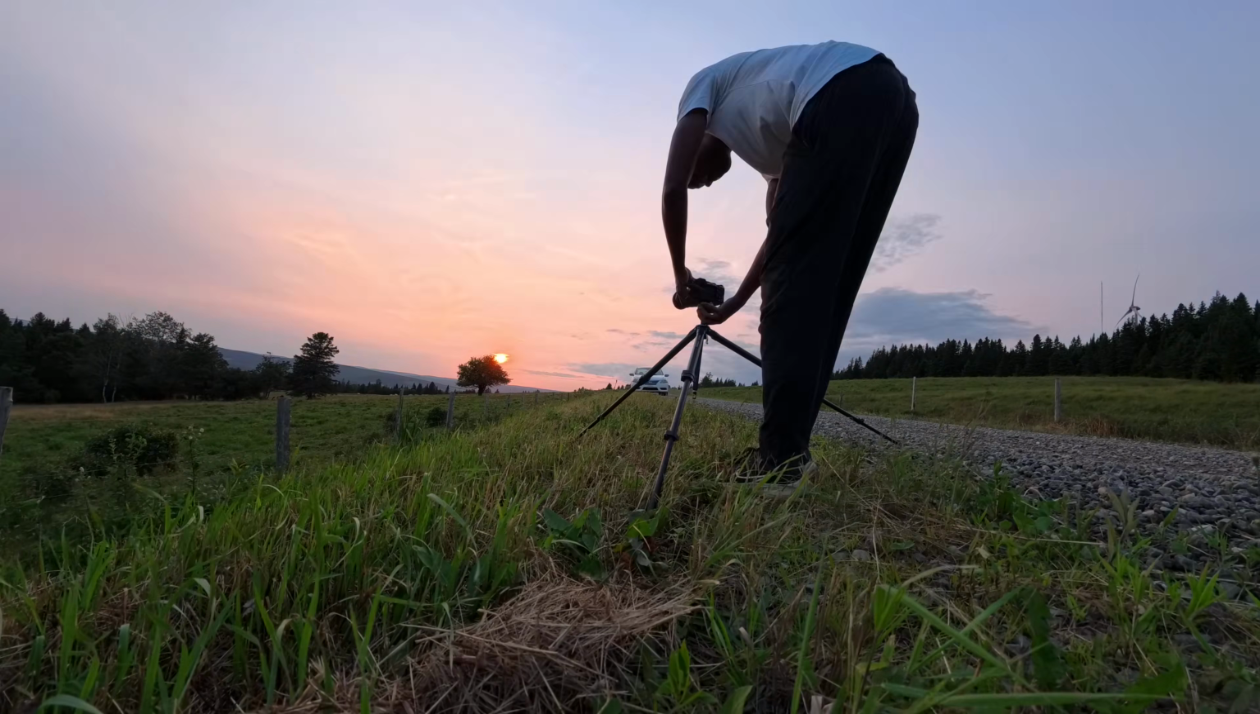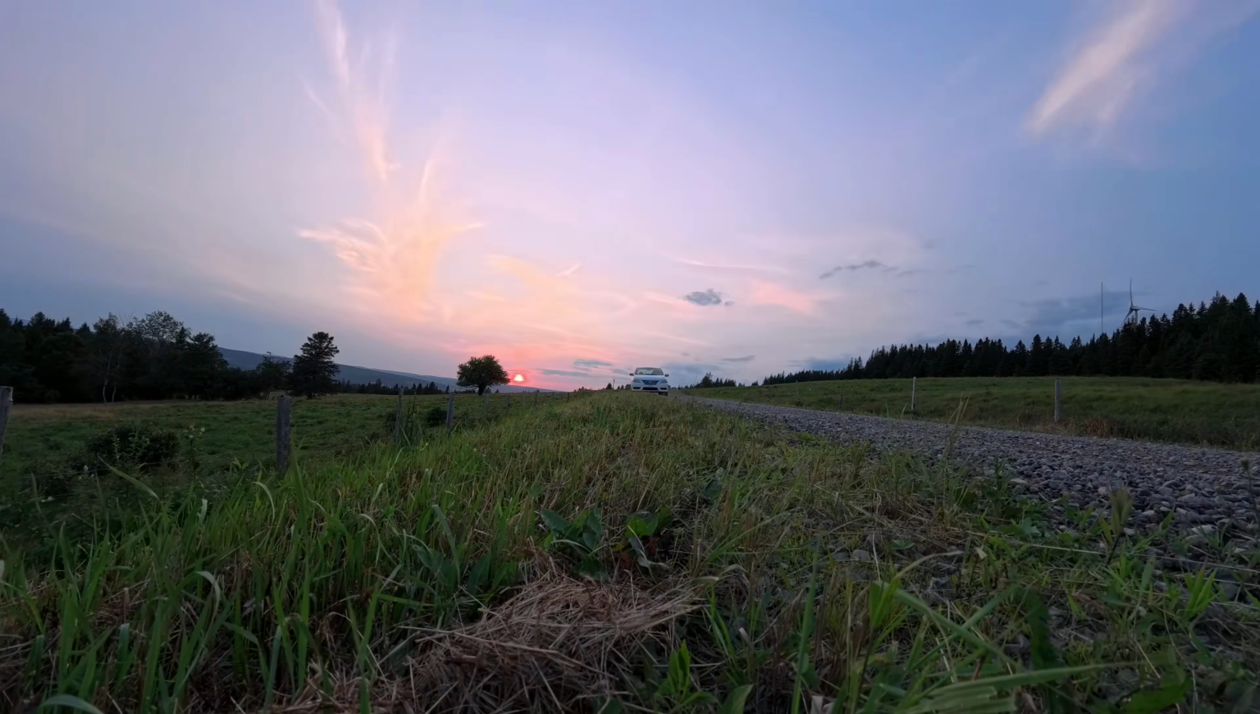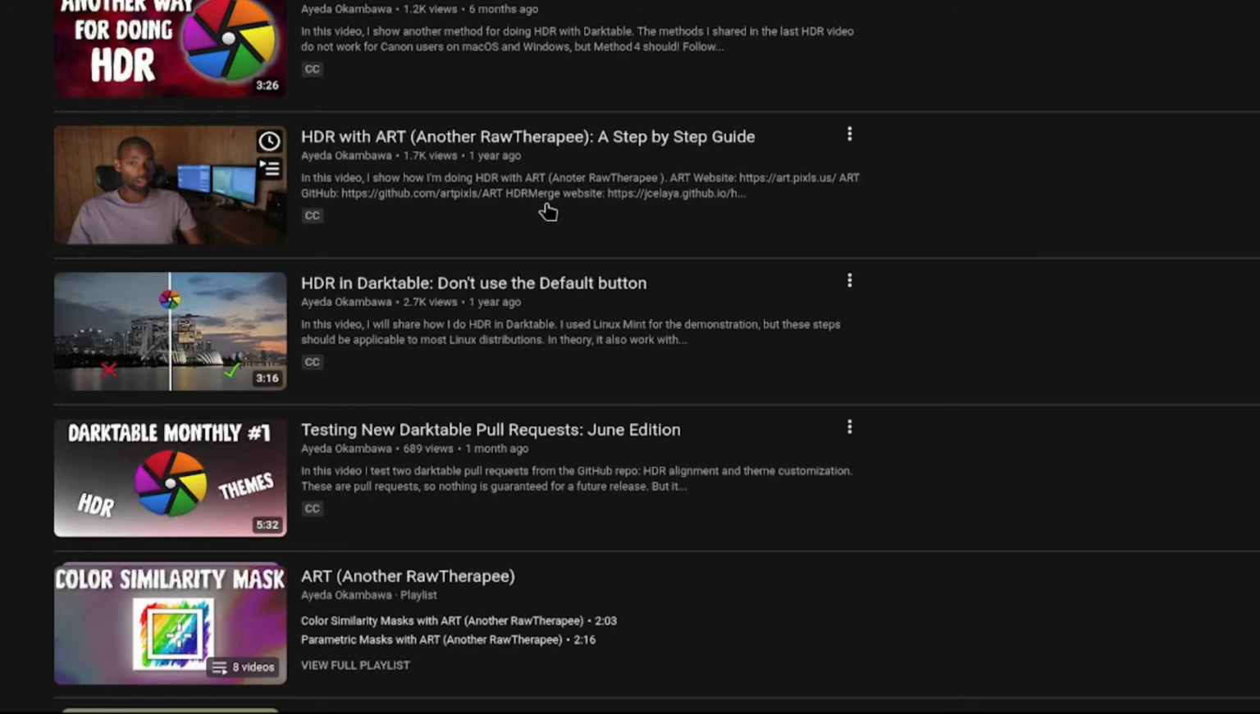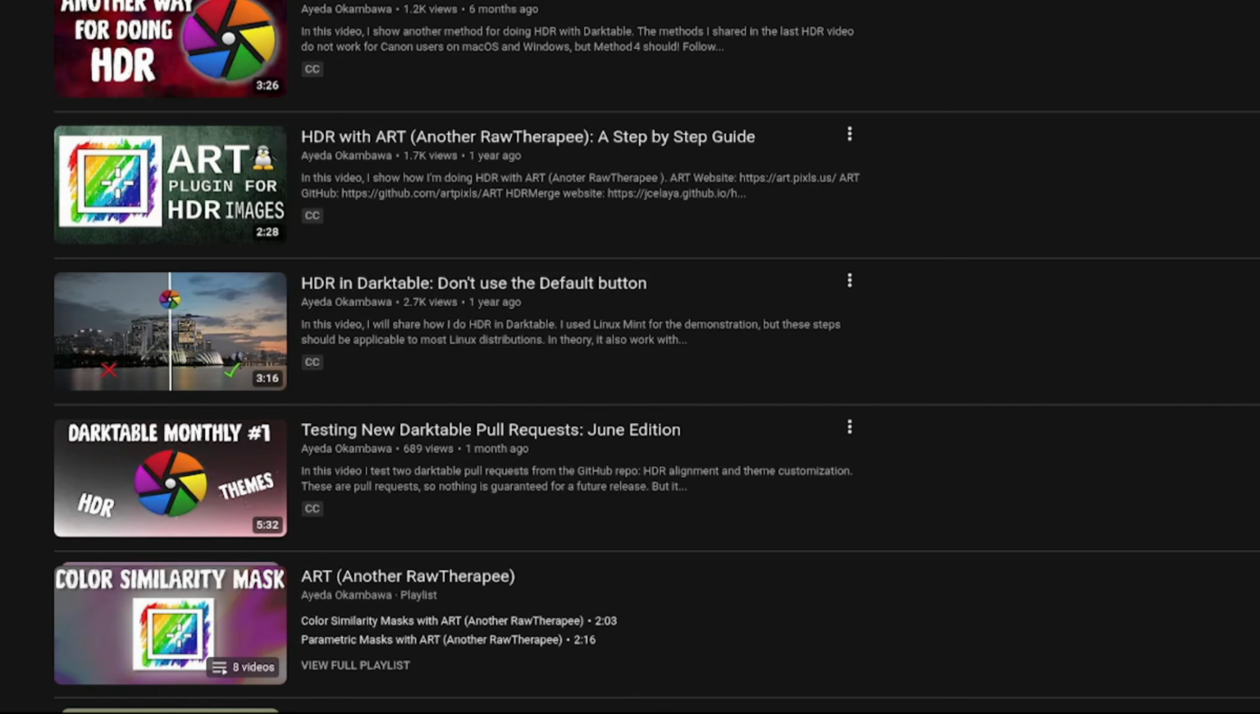I do a lot of landscape photography and many scenes have a large dynamic range. That is why HDR is a technique I use all the time. In the past, I made many videos about creating HDR images with Darktable, but since Darktable 5.6, things have changed a little bit. In this video, we will look at all of the methods for creating HDR images with Darktable,